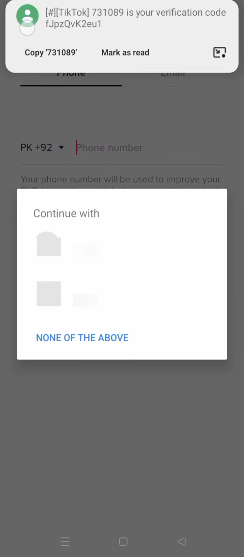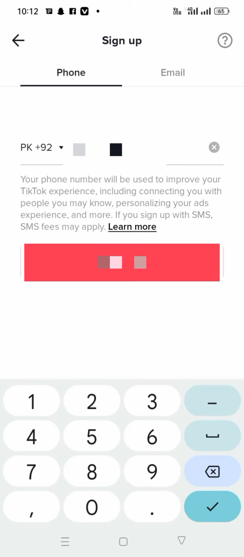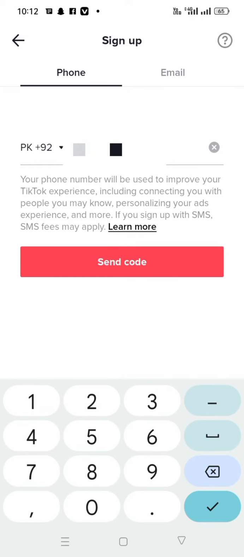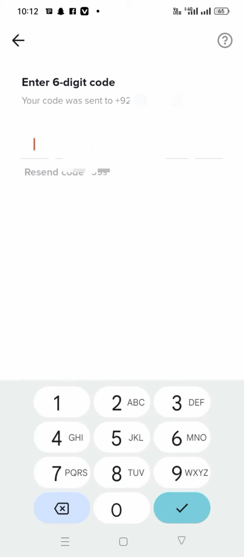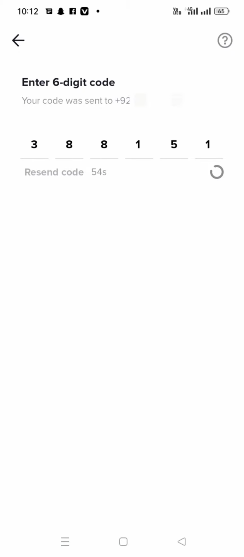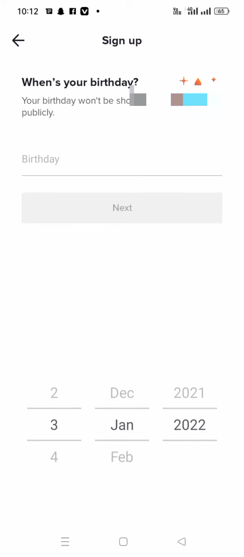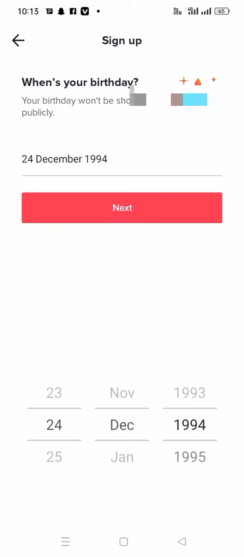Tap on this and select your phone number and tap on send code. After a few seconds, the TikTok team will send your code. Select your birthday and tap on next